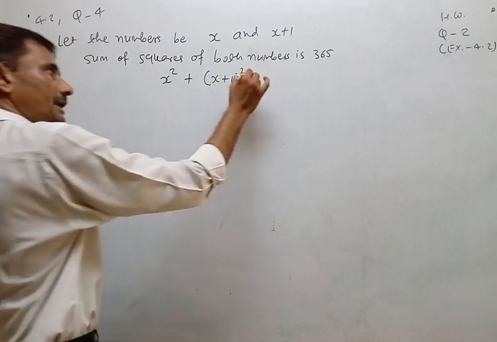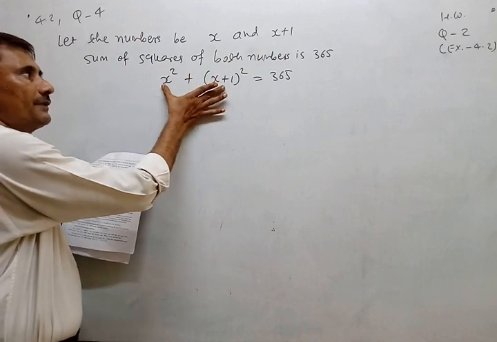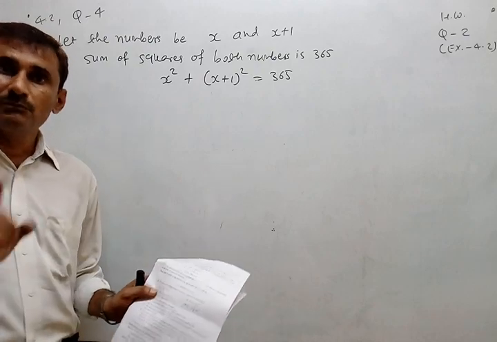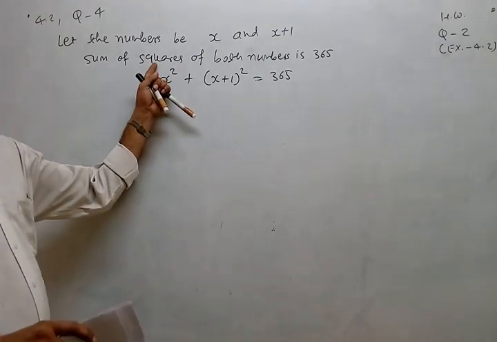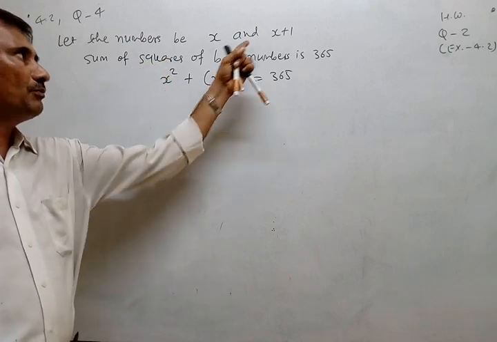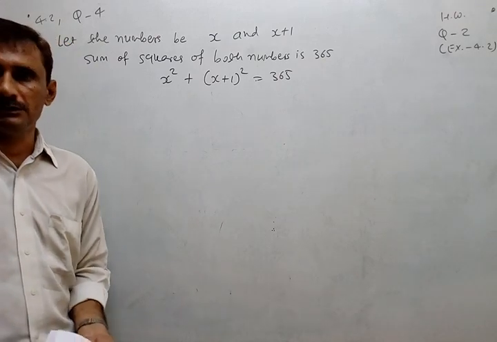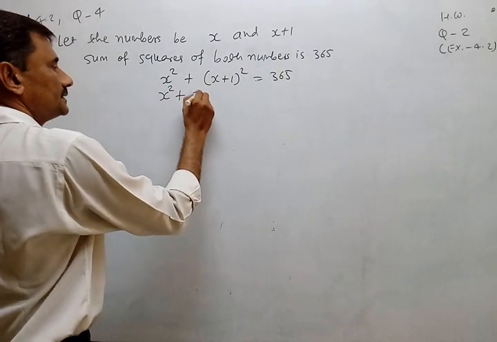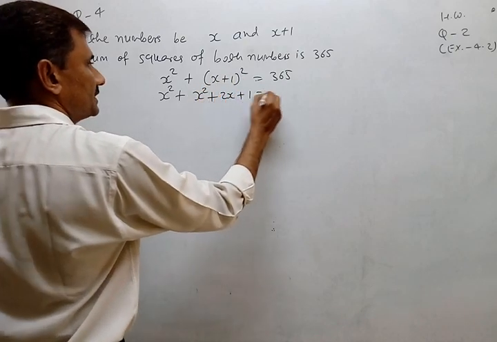Now the sum is 365. So again understand carefully, sum of squares is 365. Not only the sum of both numbers, but the sum of their squares is 365. Okay, most students make a mistake and by hesitation they do not read square and just make the total of both numbers only. So it itself does not become a quadratic equation. Very simple, it is a linear equation. Obviously wrong. Okay, now expand it. x square plus a plus b whole square, so a square plus 2ab plus b square is equal to 365.